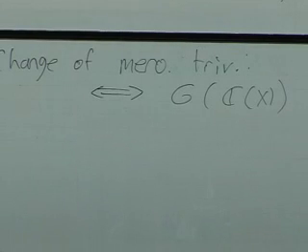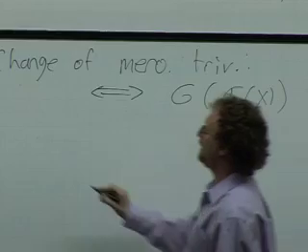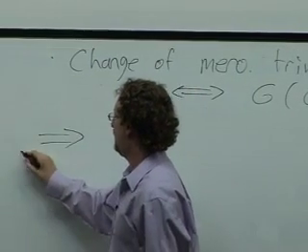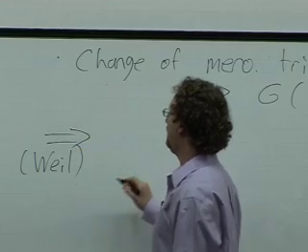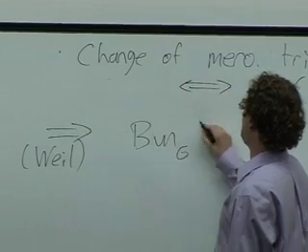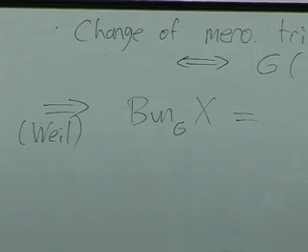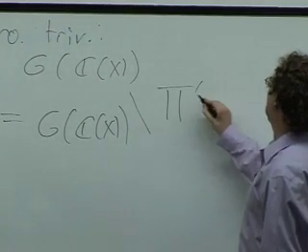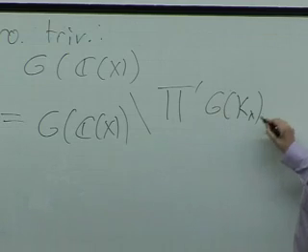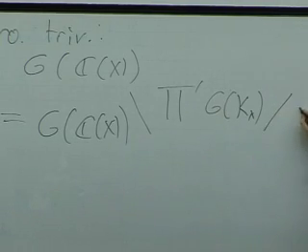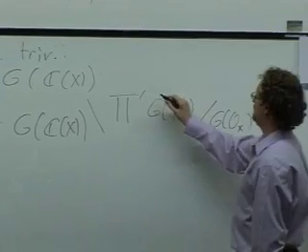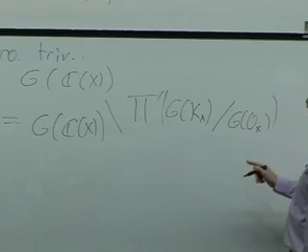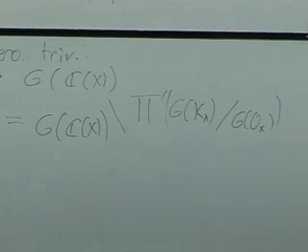And so this is telling me how to change this meromorphic trivialization. As a result, I get a description that's, I believe, due initially to André Weil: the set Bun_G(X), as a set at least, is given by the following double quotient. The product of G(K_x) mod G(O_x). So I'm going to think of it this way, or you can also parse it as a product of these modulo the product of these. Does this statement make sense?